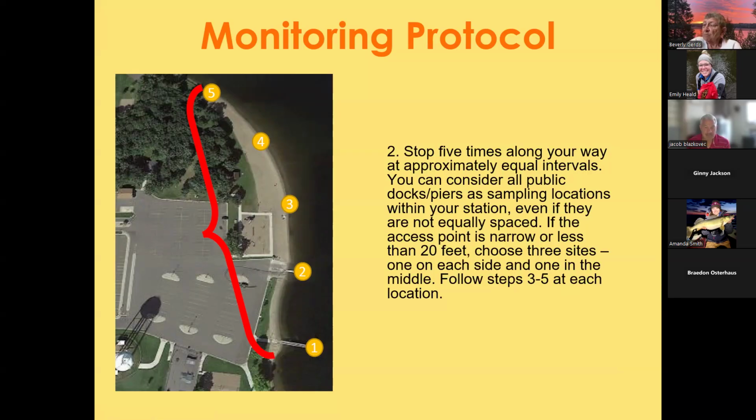And again, the number of times you're stopping is going to be based on your site. Like if this was much more narrow and the trees started down here, then that's an example where you'd only be stopping 3 times. But here we have this really nice long beach, so this site would be a good place to do 5 locations. So at each of your stops along the way, that's where you're going to be doing the look, rake,